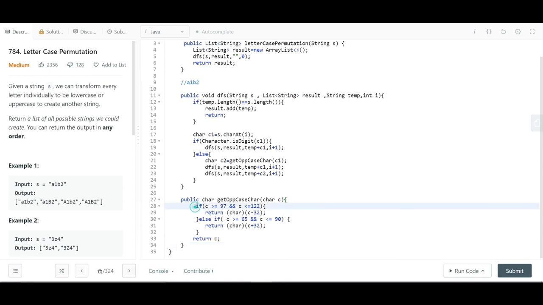Simple method, you can go through it. Now after getting this C2, I have to make two DFS calls, one using C1, one using C2. All other parameters will be the same: S, result, temp plus C1, I plus 1, and S, result, temp plus C2, I plus 1. And after that, when all the recursion calls are done, we will get our result.